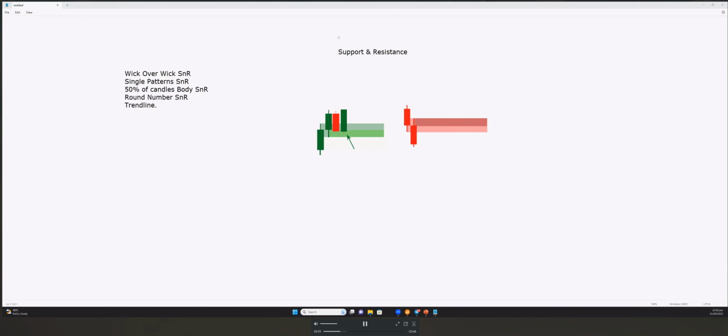Here what you will find: in case the buyers come back immediately, not after some time, then this is a sign of rejection. The next candlestick will be red. Immediately you can go for the sell. And sometimes maybe the buyers have two candlesticks, not one. If there are two, you can also go for the buy. But this is called support and resistance. So I can say wick over wick support and resistance. This is a very hidden type of support and resistance, hidden SNR. Okay.